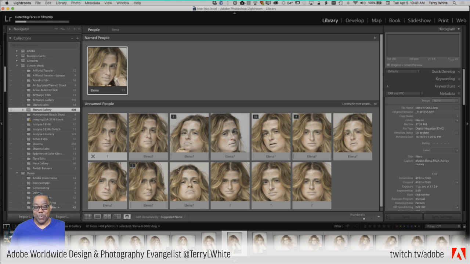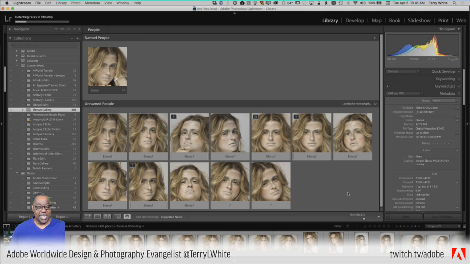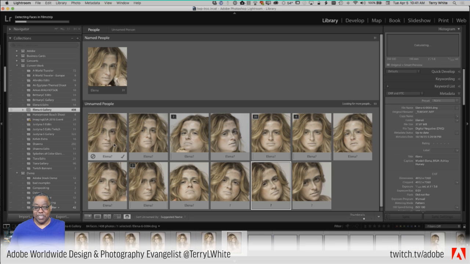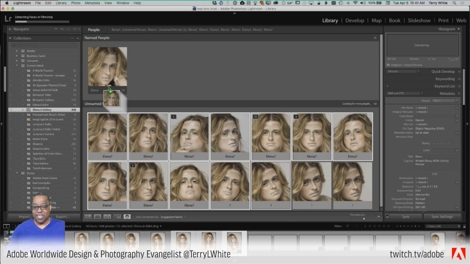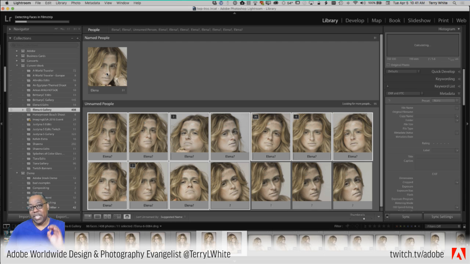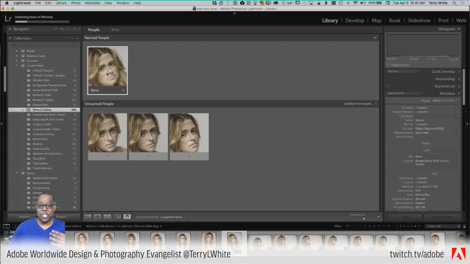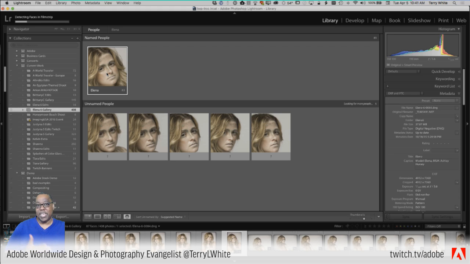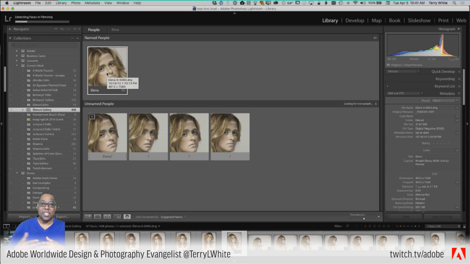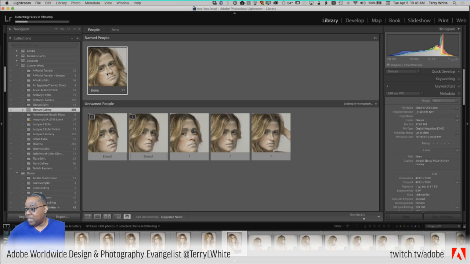As a matter of fact, we know these are all Alina because these are all the same person. So I can grab all of these if I can do it fast enough, and I can say these are all Alina. And every time I identify a face, Lightroom gets smarter about who that person is, because you might have pictures of that person throughout their entire life, especially if you're doing your family photos. So as that person grew up, they look a little different throughout their life. And if you go identify their child pictures, their teenage pictures, their adult pictures, and so forth, then Lightroom will get that much smarter as you go through and identify the photos.